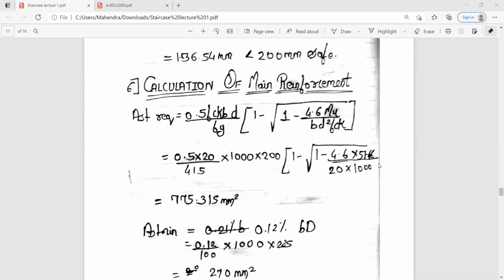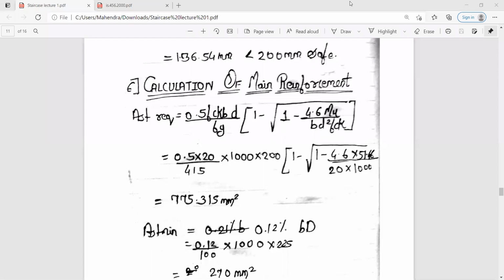I think here something is being cut. So substitute the value of D. Mute yourself. Ma'am, 20 square will come, right? No, 20 square will not come. The value of FCK is 20. Here 200 square will come, and here on top also you have to multiply it by 10 raised to the power 6. The value for depth is 200, so into 200 square. Also here 51.46 into 10 raised to power 6. So after calculating, you are going to get the value as